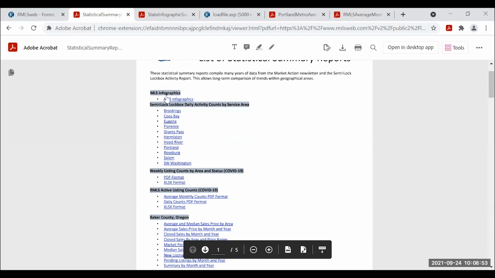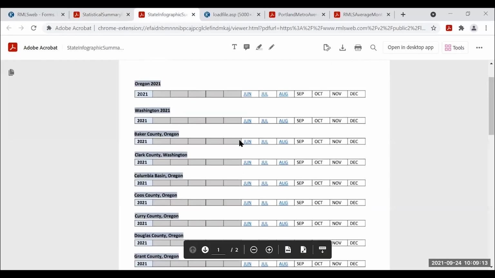So MLS infographics, you will see those infographics on the desktop in RMLS Web, and sometimes in the weekly email that you get on Monday, the weekly report from communications. And so when you click on MLS infographics, it will give you basically different areas to look at, different months to look at.